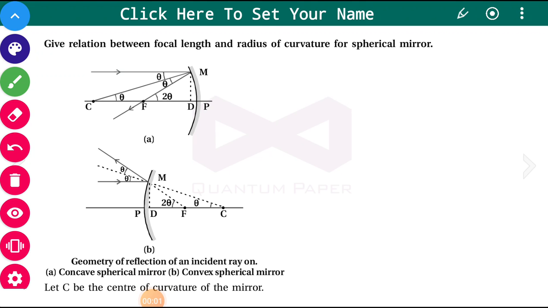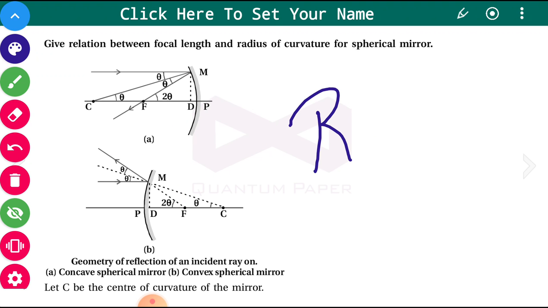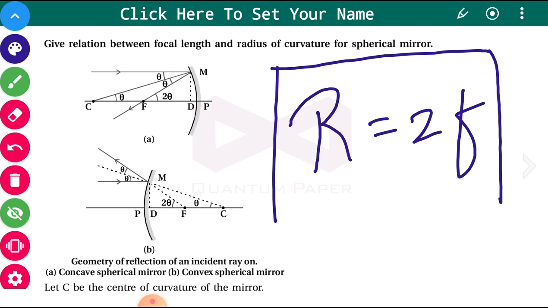Now there is a relation between the focal length and radius of curvature of a spherical mirror, and as you know, this relation is R is equal to 2f, that is, radius of curvature is 2 times the focal length. Now in the revised syllabus which is given to us, it is written that explain R is equal to 2f. Now explain means if it is asked that you derive, then you can derive by a simple geometric